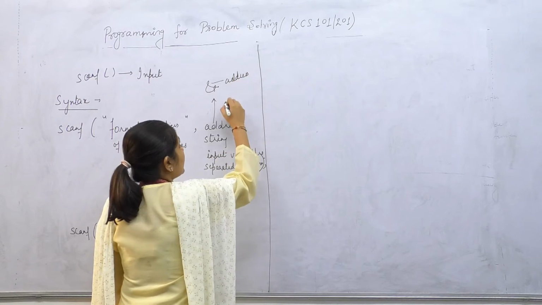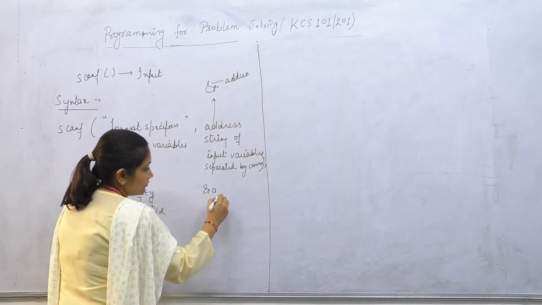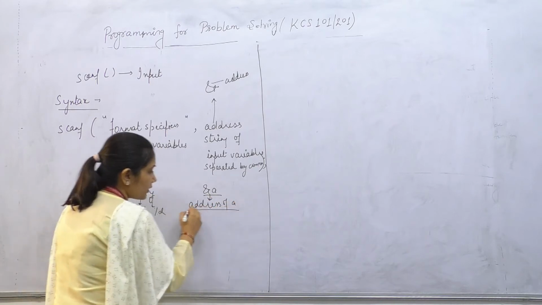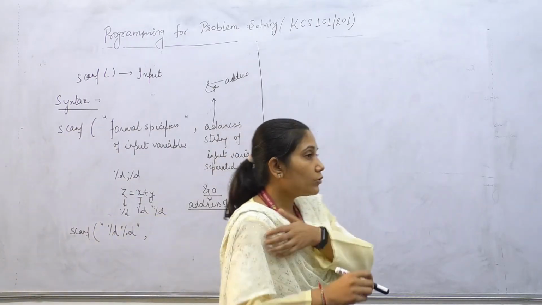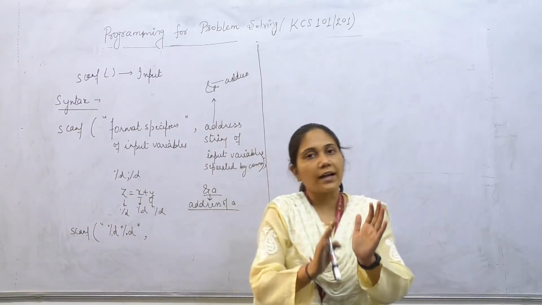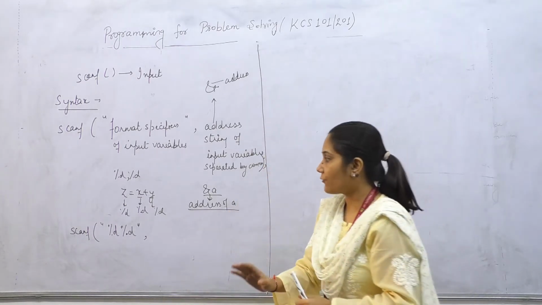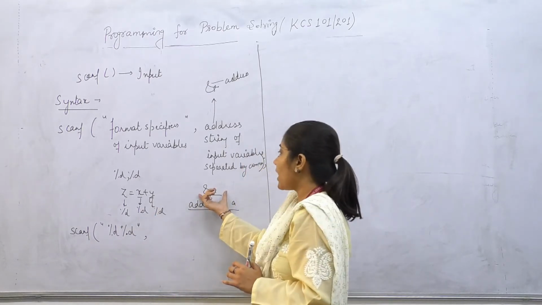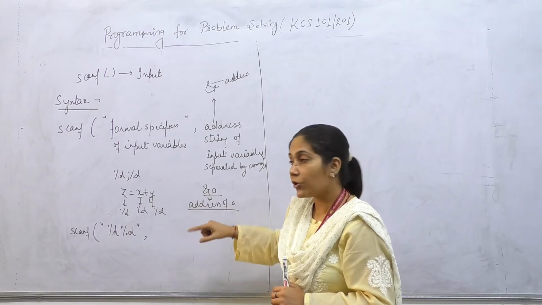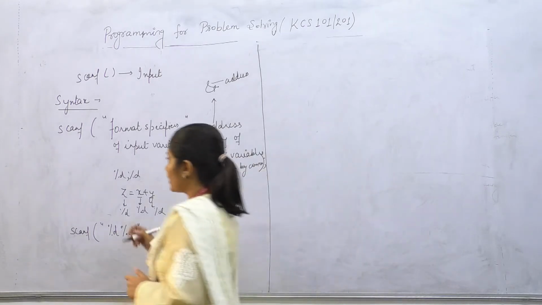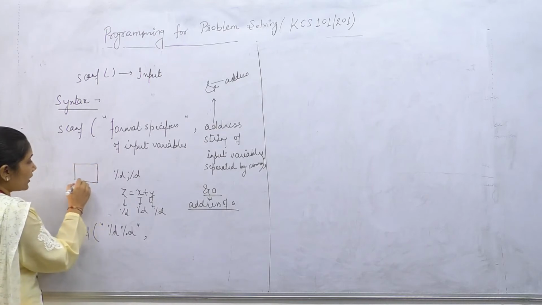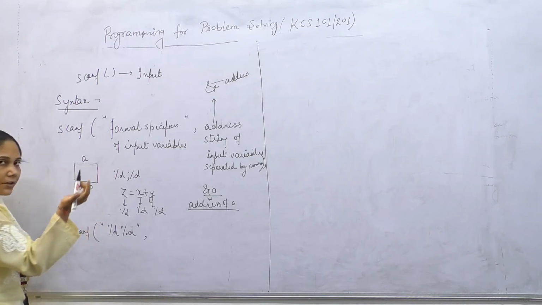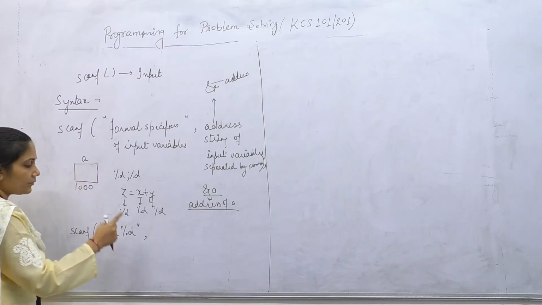So if you put ampersand A like this, this means the address of A. Because see, when you store any value in the computer, you have to store it at some memory space. So when we take the input, that input value is stored in a memory, and that memory name is A. So it is like this: we have created a memory space for A. This is the address. Let's say this address is 1000, it may be different, I am assuming it as 1000. Now what will happen when I demand the input?